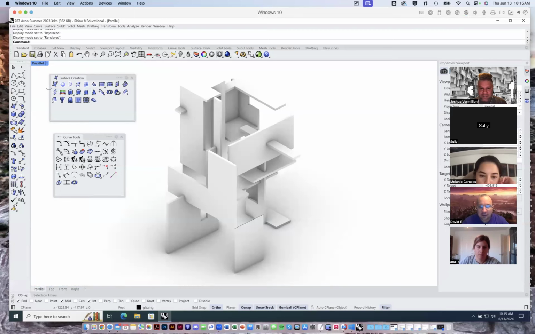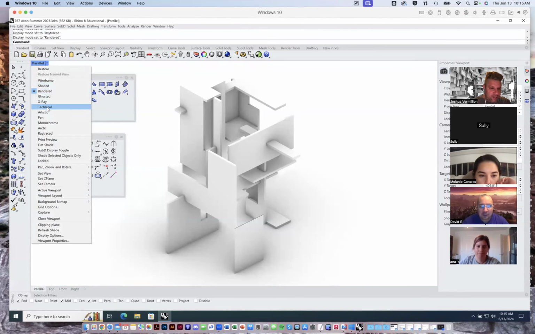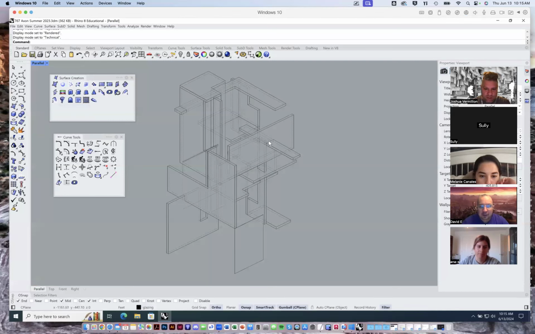All right, look at that. Rendered looks so good. But I almost kind of like to have rendered and technical, right? Which is interesting. It actually does draw the edges through intersections and it has all these edges, right? I'm going to try to make a display mode that sort of combines the best of both worlds. You can make your own display modes. And in fact, I know